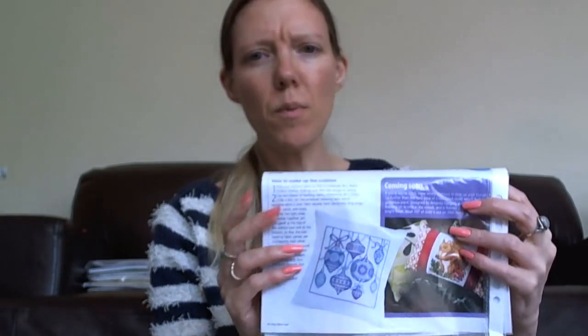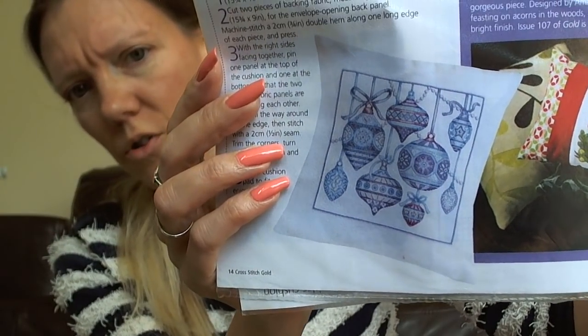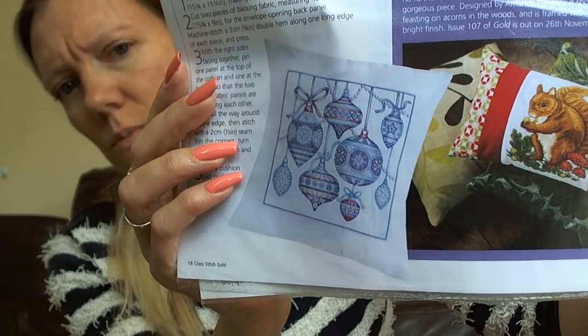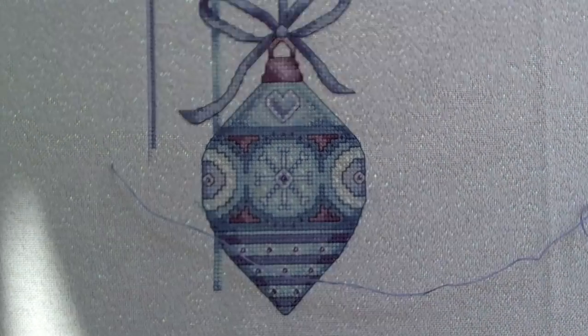Okay, let's move that. Then this one, I've only got a small picture of it. This is from a magazine. It is, well, it's made into a cushion on here. I'm not sure that's what I'll do with it, but it's a Susan Bates design of Christmas ornaments. And I think I said last time it's from Cross Stitch Gold, but I don't know which issue because it doesn't say. This has been stitched on a 28 count opal fabric,